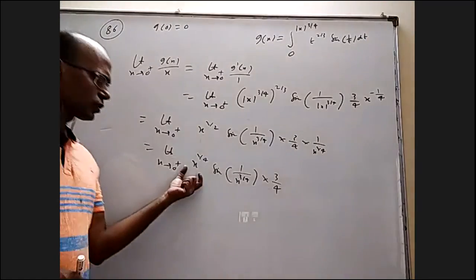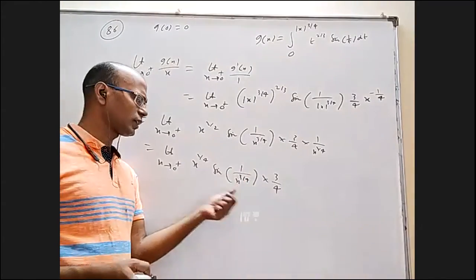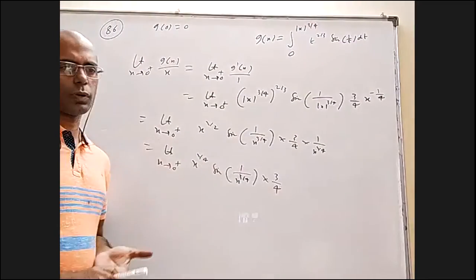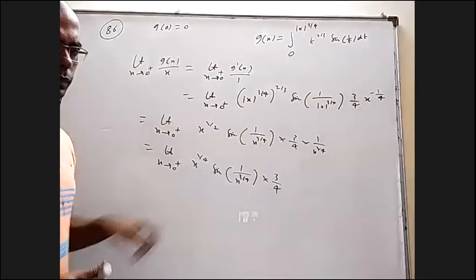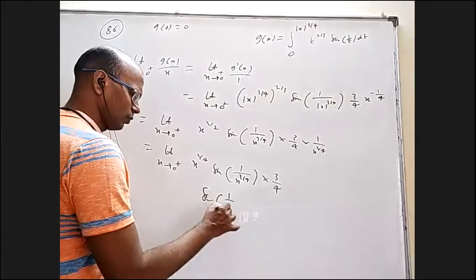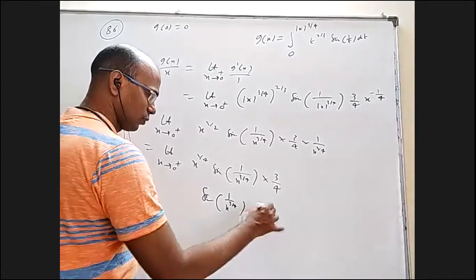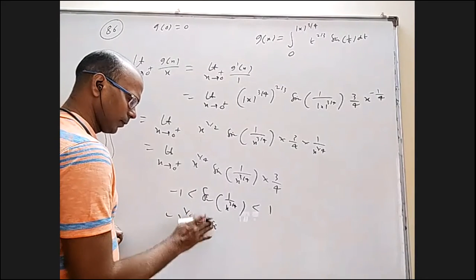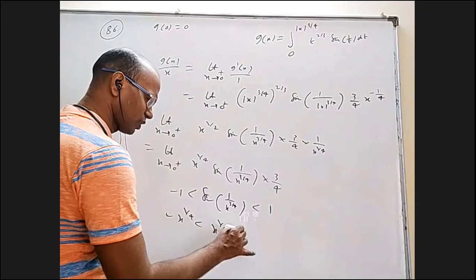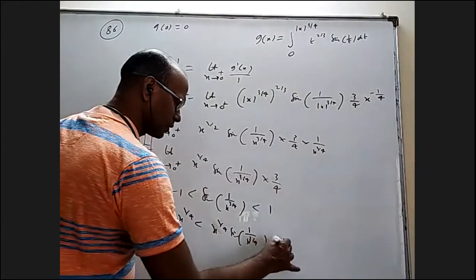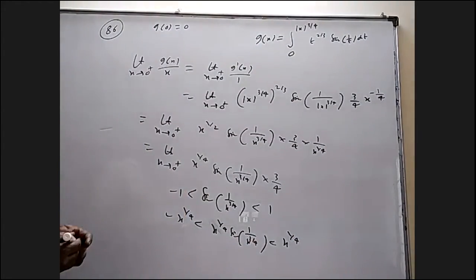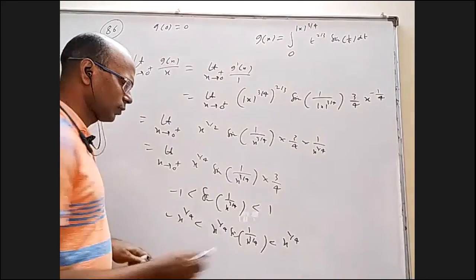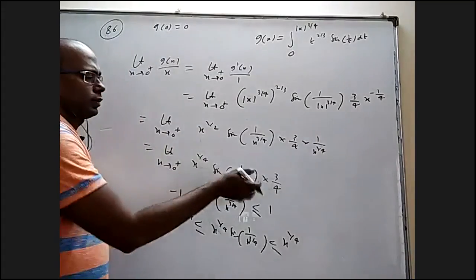We all know this is becoming 0 and this is becoming 1 by 0, which is infinity, and sine of that will keep on oscillating between -1 and 1. But you can apply the sandwich theorem properly and prove it is 0, even though this is oscillating into 0. That is, you can write sine 1 by x power 3 by 4 is between 1 and -1. Multiply with this, you'll get minus x power 1 by 4 less than x power 1 by 4 sine 1 by x power 3 by 4 less than x power 1 by 4. At 0, this is becoming 0, this is becoming 0. So by the sandwich theorem, this also should become 0. You can even put equality also. Okay, so the limit is 0.